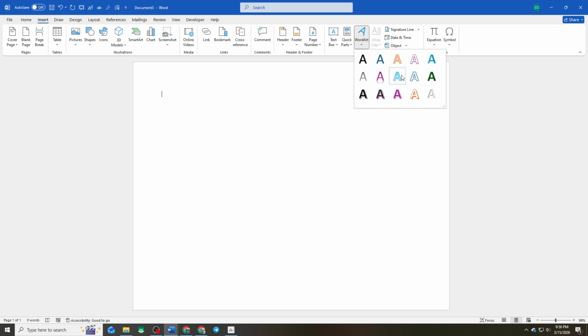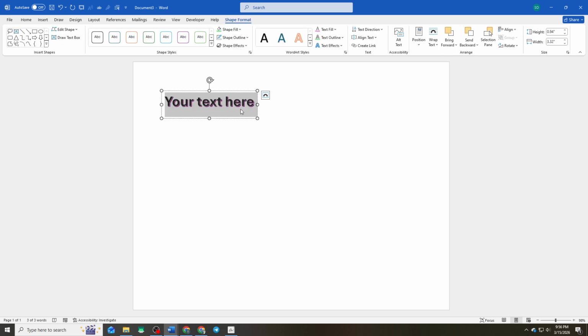Don't worry too much about the color or effects at this point, since you can always change them later. After selecting a style, a text box will appear on the page. Type the letter or word that you want for the first page of your banner. For example, if you are creating a banner that spells out a message, each page can contain a single large